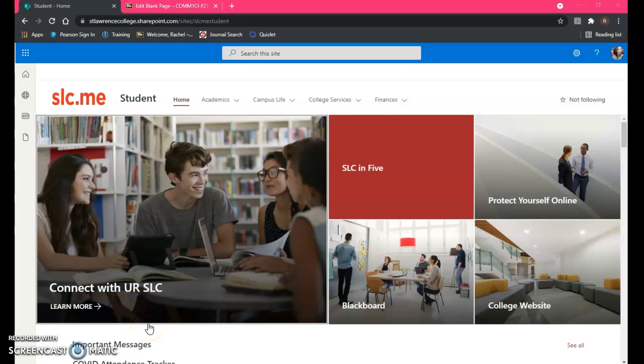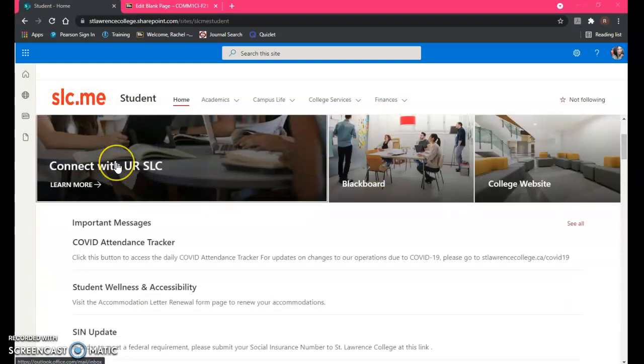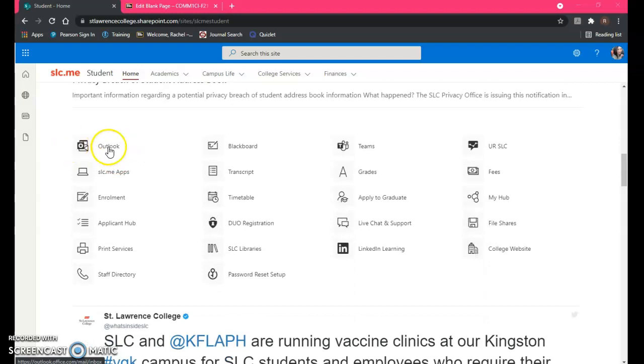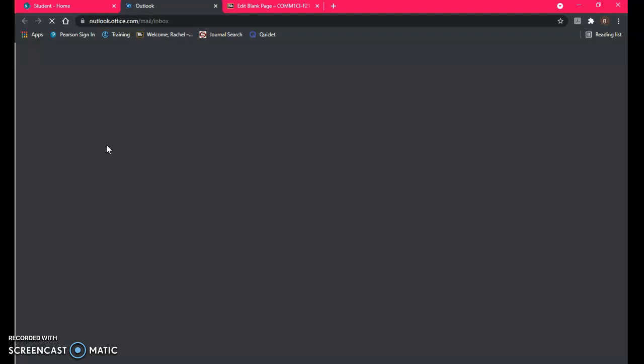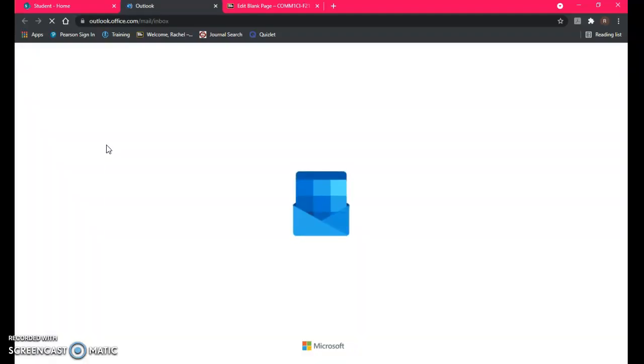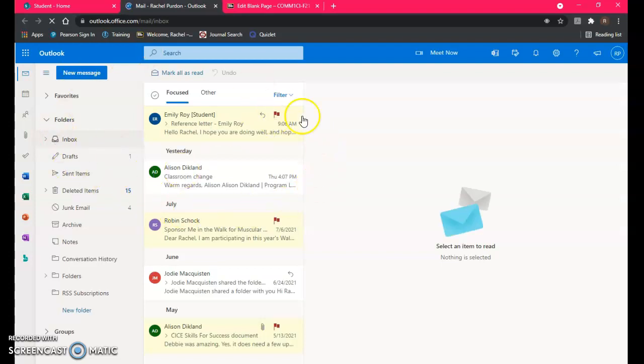To do this, you'll need to go to your slc.me page, and scroll down to your Outlook email. Once you've clicked here, we're going to wait for it to load. Forgive my computer, it's taking a little while right now. Here we go. Once you have come to your email screen, you're going to come over along the top